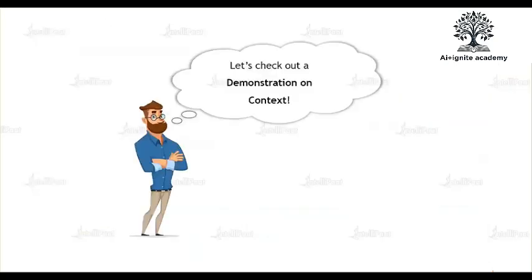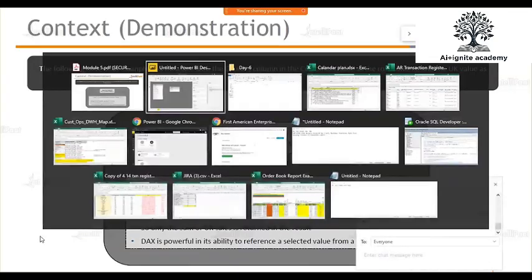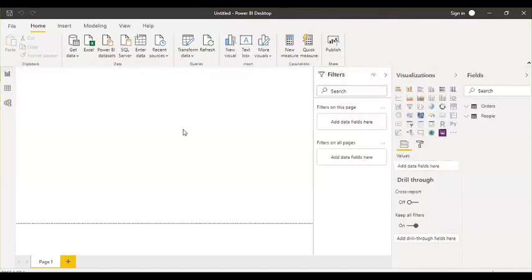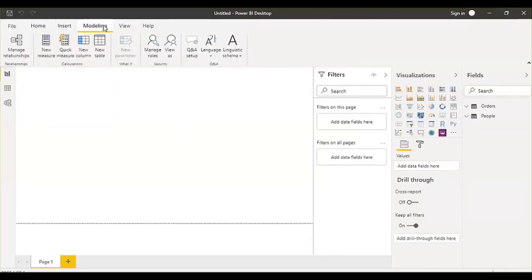All right, now let's have a quick look at Power BI Desktop. We currently have 2 tables here. As I have already told you, we can create only 3 things using DAX. Just go here into the modeling tab, and you can see 3 things: new measure, new column, and new table. These 3 things you can create using DAX. Now what is the difference, and how can we use them?